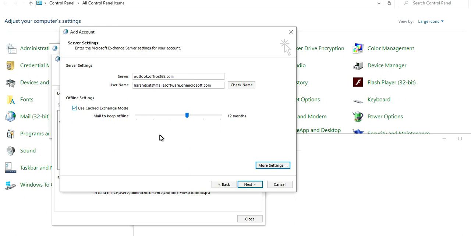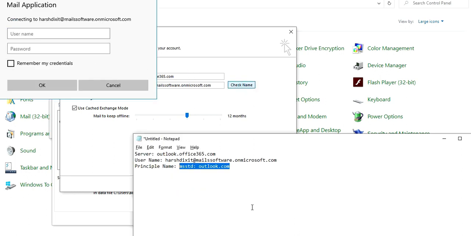If you check this option, then a local copy of your Office 365 data will be stored in an OST file format. You can use that OST file to recover your data in case it is required in the future. If you uncheck this option, then the whole data will be taken directly from Office 365 only, and no local copy will be stored on your machine. In my case I am using this option, so a local copy with the extension .ost will be created at my end. After doing these steps, just click on Check Name, and there you will need to enter